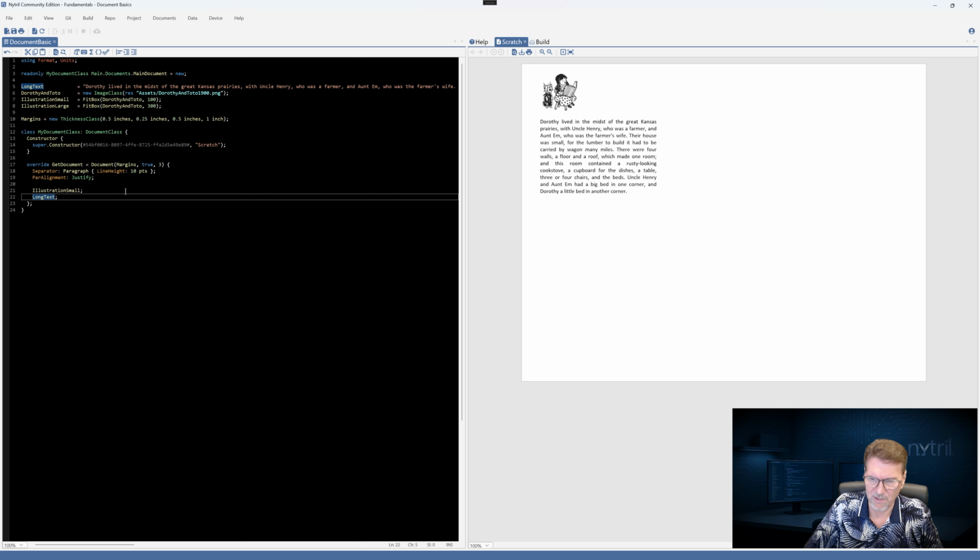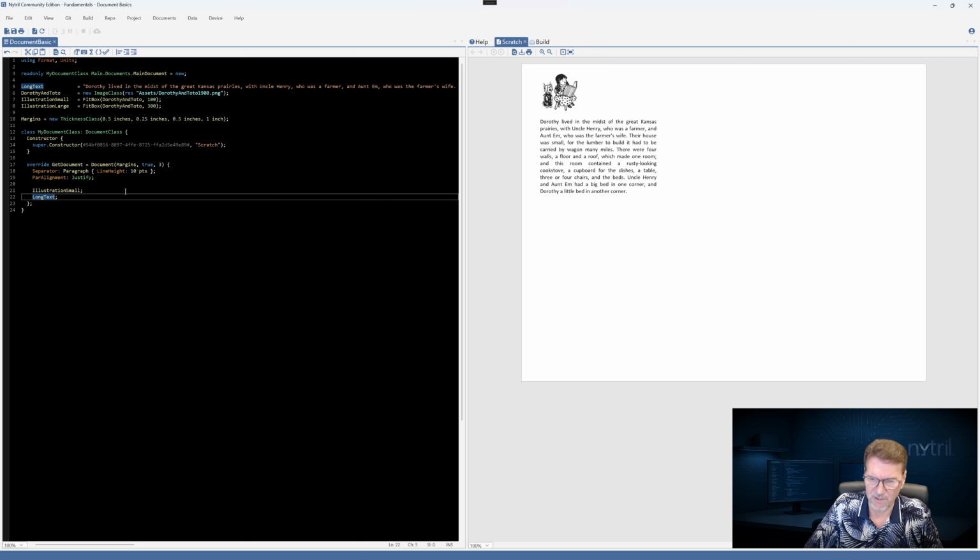So we're going to take long text here. We're just going to put it in an array and then multiply that by 20. In Nitro, when a block encounters an array, then it's going to go through the array and treat each item in the array as an individual element.